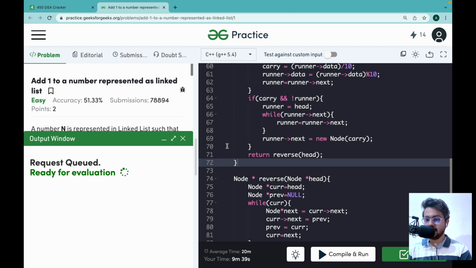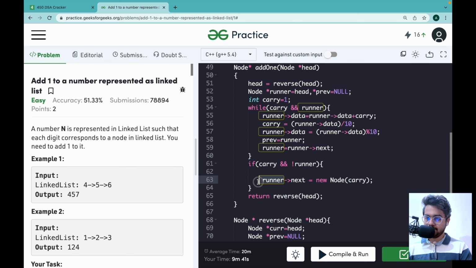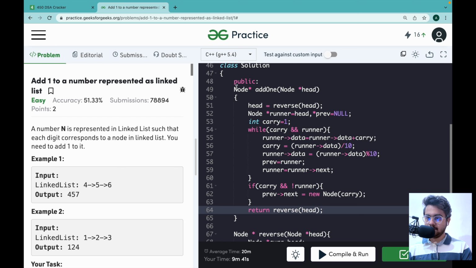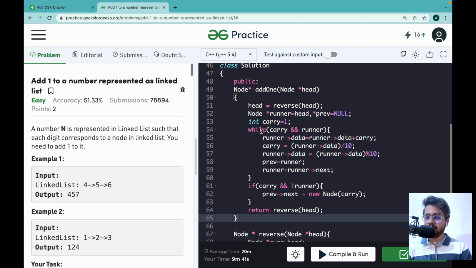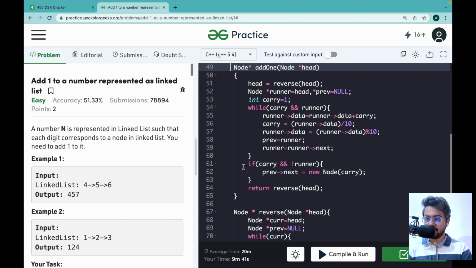Now we won't be using this much, simply previous next is equal to new node, and then reverse it. So this has been sorted now. Okay, so our solution is correct. After this modification, the extra part which we didn't require has been cleaned.